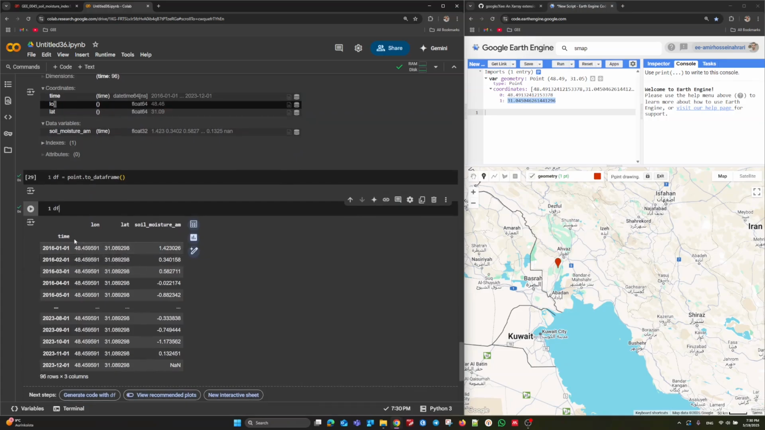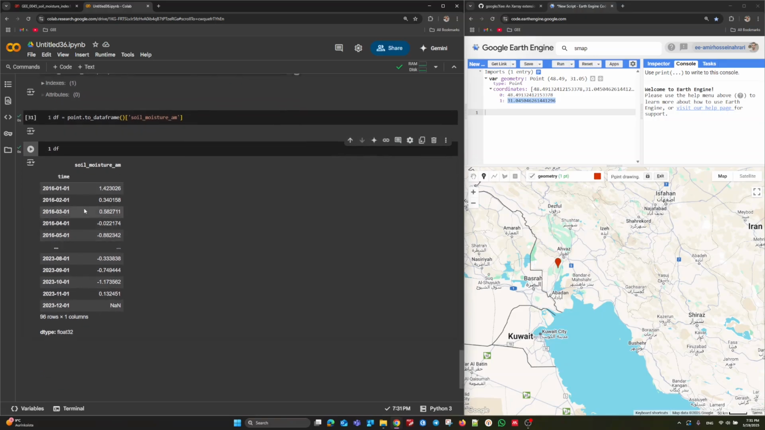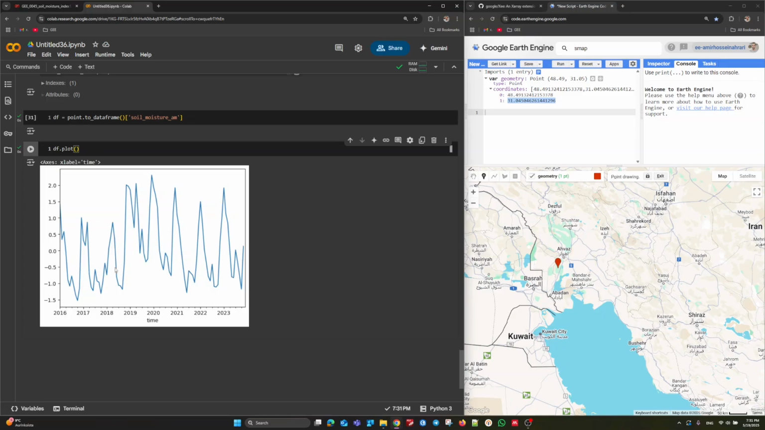Here you can see time, latitude and longitude are available. We can skip the lat or long because they don't change through time. Let me select the soil moisture. Here it is, the soil moisture AM is the target band and time is indexed already. So finally we have two columns, time and soil moisture. Let's make a plot, really easy, just like this. And here you can see the soil moisture variation